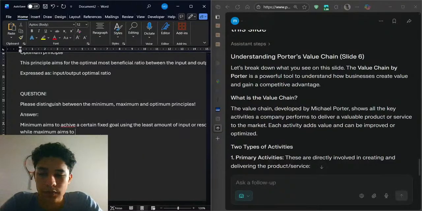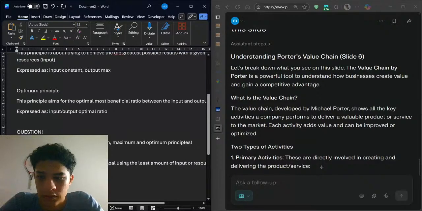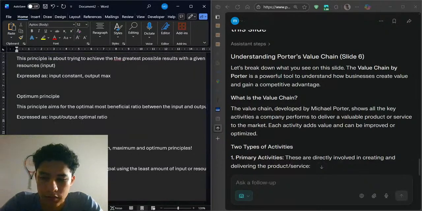While maximum aims to achieve the greatest possible output using a fixed